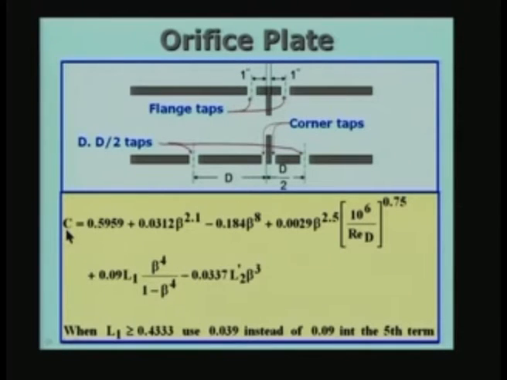value of C. Normally what we do in the case of an orifice plate is we can start with a value of C equal to 0.6 as a starting value, because we will see later that the value of C is close to that value. Then, after evaluating the velocity from the pressure drop data, you come back here, calculate the Reynolds number based on the evaluated velocity, and then correct the C value by using this equation, the Stolz equation. Maybe one or two iterations will be sufficient for this purpose.